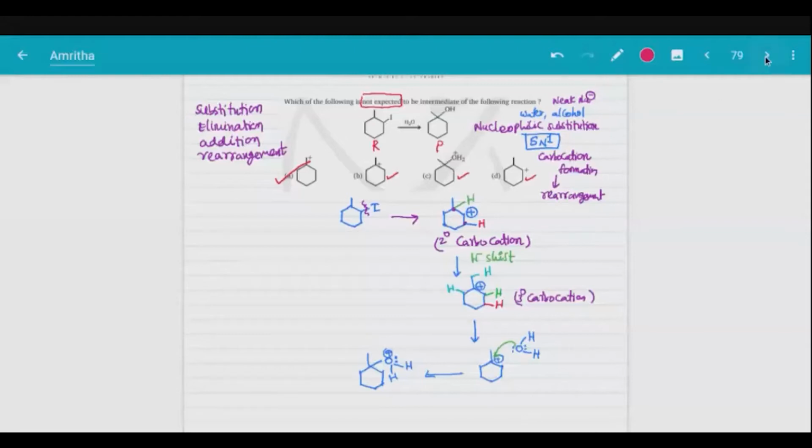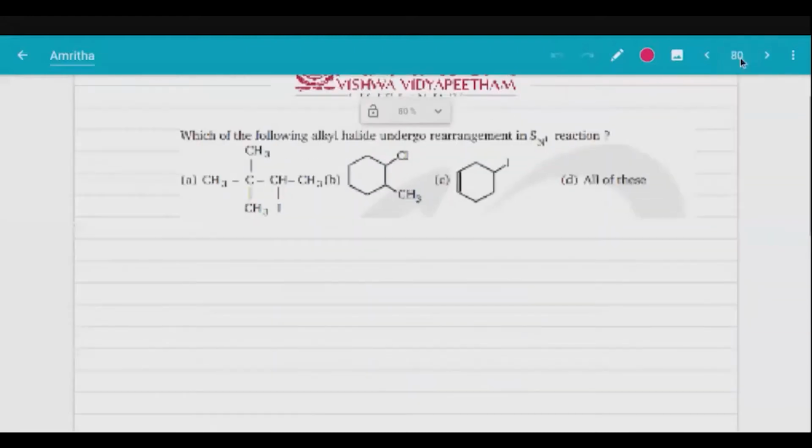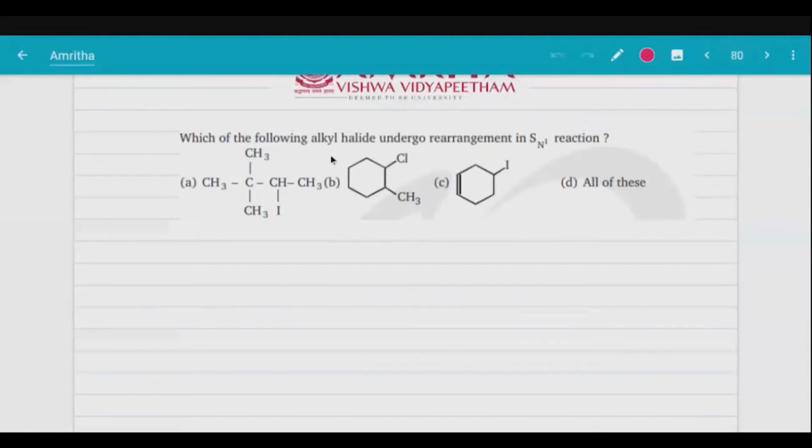Okay, so we'll go to the next question. Now, same SN1 reaction. Now, which of the following alkyl halide undergo rearrangement? Where rearrangement is possible? Can you quickly find out? Acha, explain it again. See this,